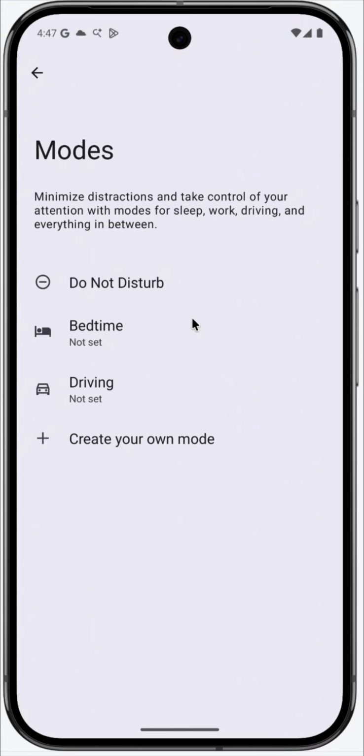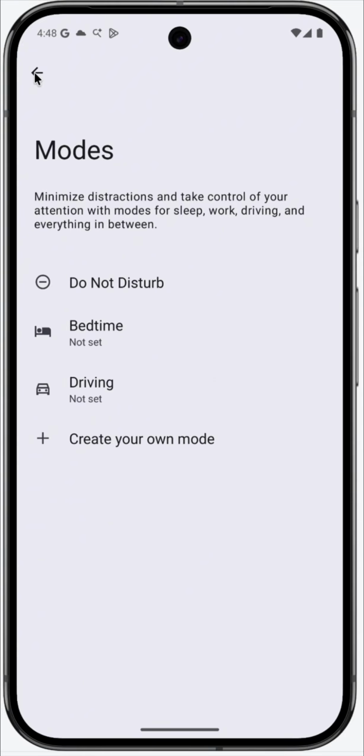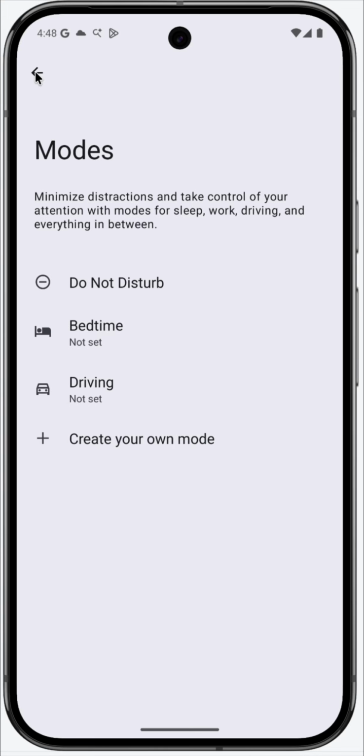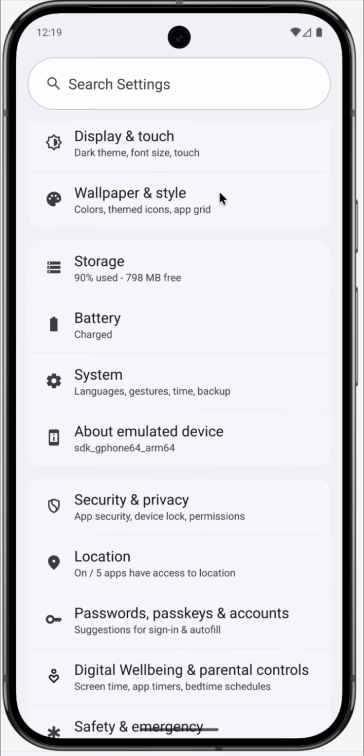Okay, go back. You could also do the same thing for Do Not Disturb. When you put in Do Not Disturb mode, you might want just SubAlert to come through or some other app to come through if it's very important. Okay, I believe you can do the same thing for driving also. If you set driving up, then you could also possibly have SubAlert be one of the apps that breaks through. Next, we're going to scroll down until we see